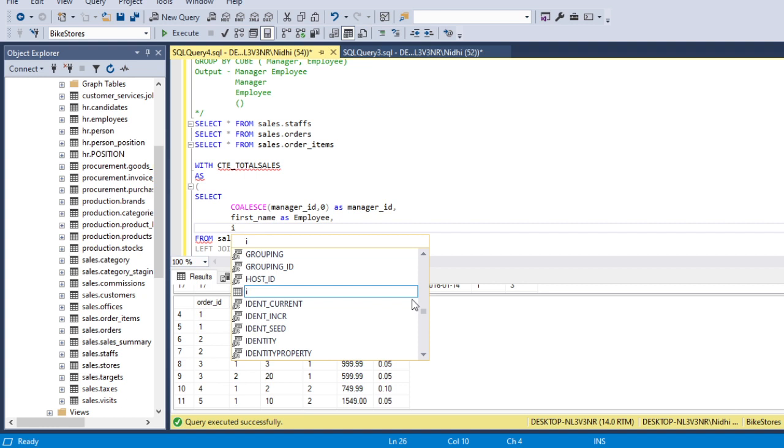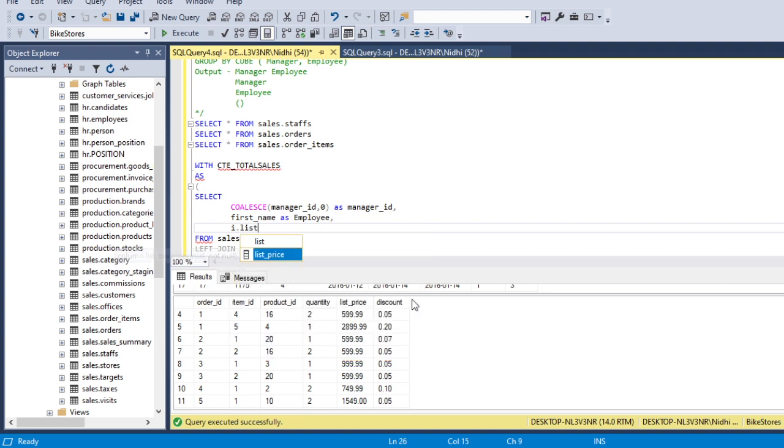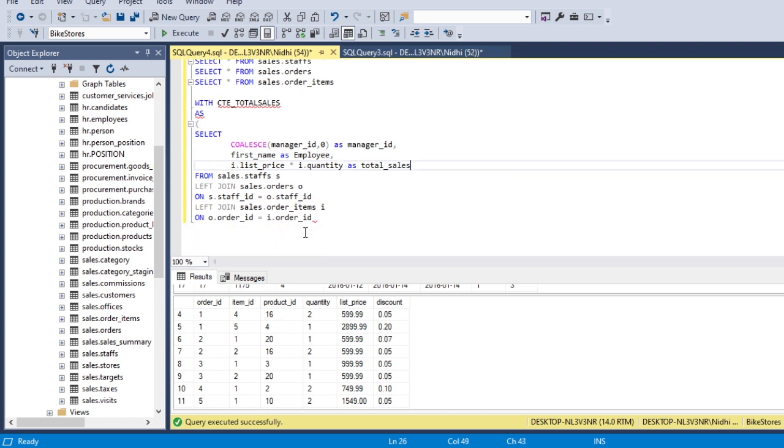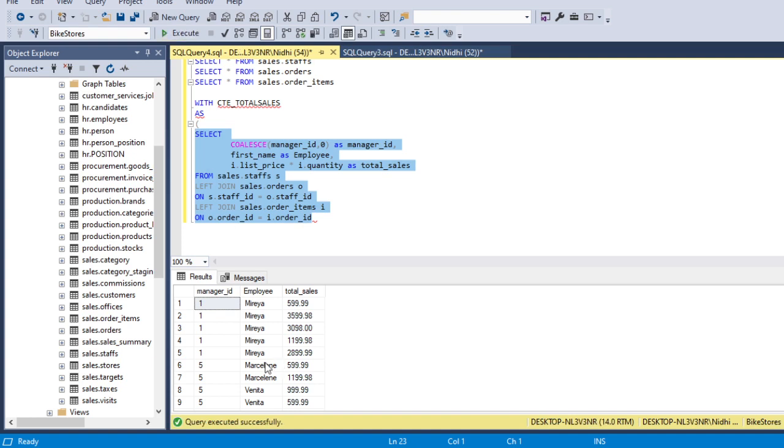So we will use i dot list price into i dot quantity as total sales. We need only these three columns. Now we will run the query inside this CTE. We'll execute it, and now we have these three columns: manager ID, employee, and the total sales by them.